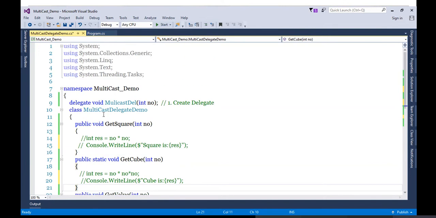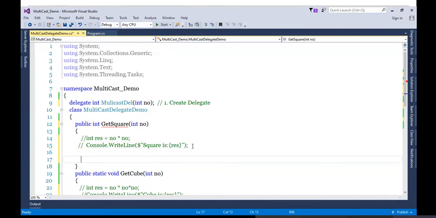So here I will give the return type as integer, and the same return type we need to keep for all methods. Okay, so simply here I will be writing a return, number into number, or we'll keep this text and we'll return the result.